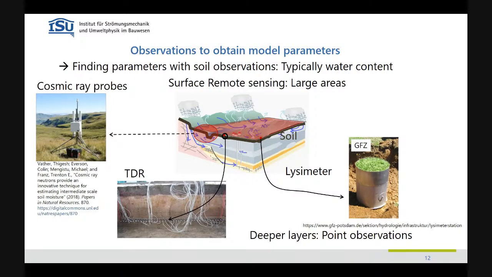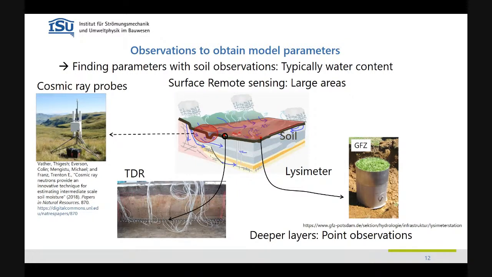I mean, we have pressure sensors, but they are not easy to maintain. So it's problematic. It's just typically not used. We cannot in the soils carry out pumping tests or something like in aquifers where we would see pressure over a large area. So the typical observation is water content or saturation. And this is challenging because we see it in a very specific way. We see very well the top. So with remote sensing data, we could see water content on the top, but with satellites, very large areas. It's only the top and averaged over very large areas.